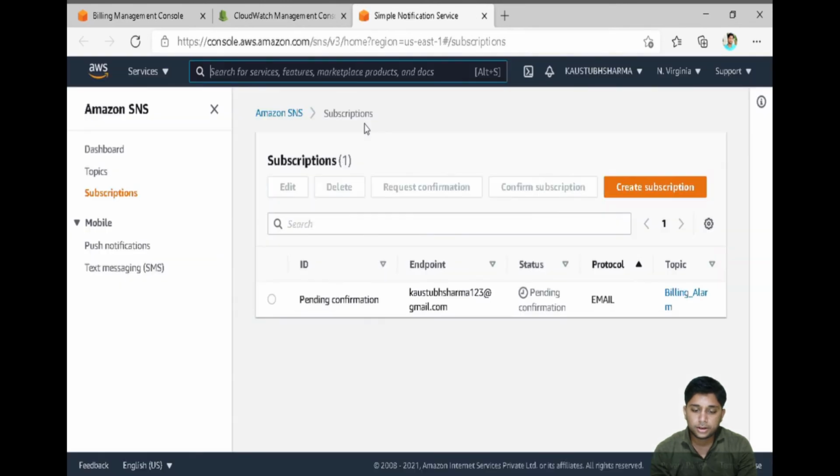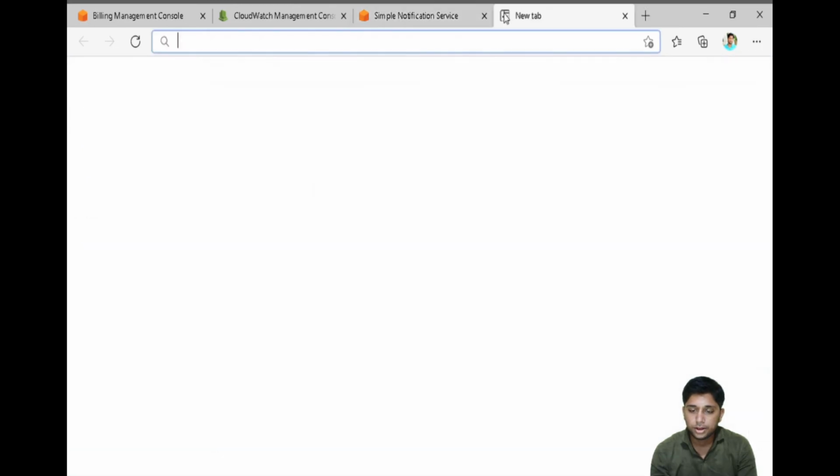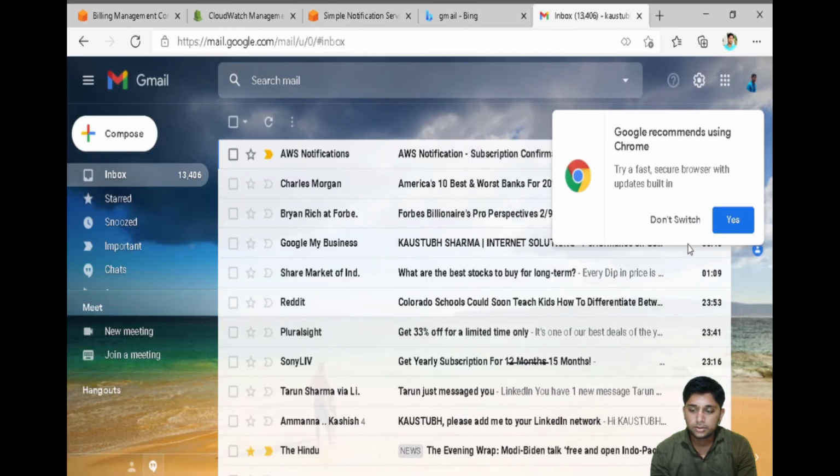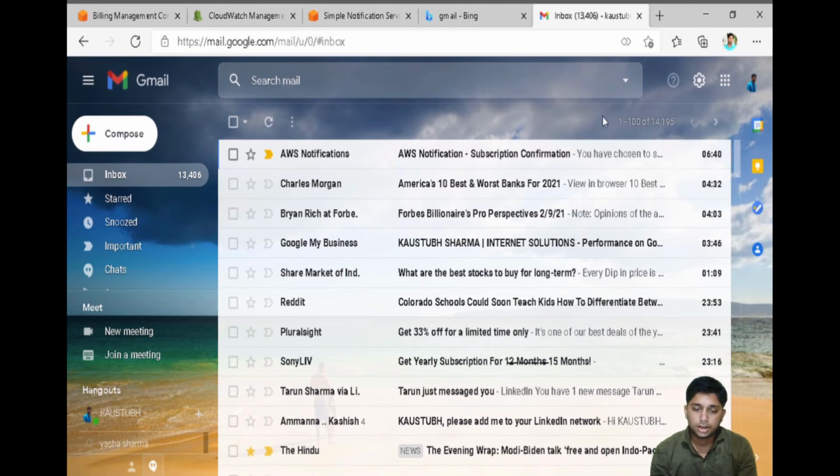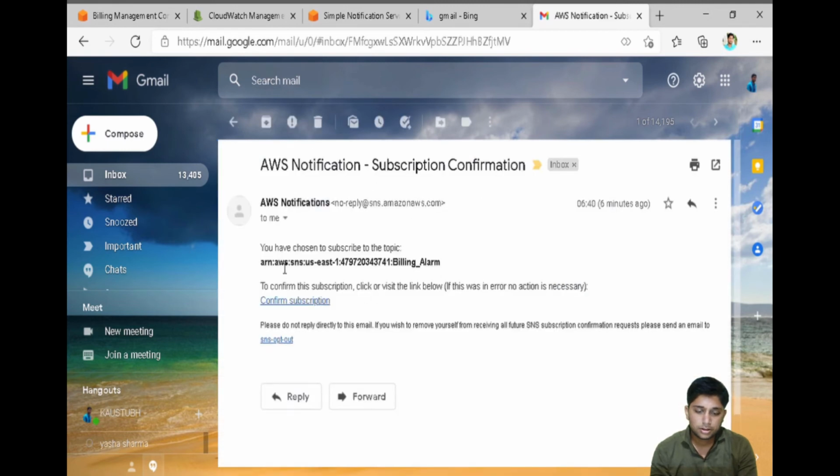Here you can find the pending confirmation for the mail address. So let's go to our mail. You can see that I already received the AWS notification. Click on confirm subscription.